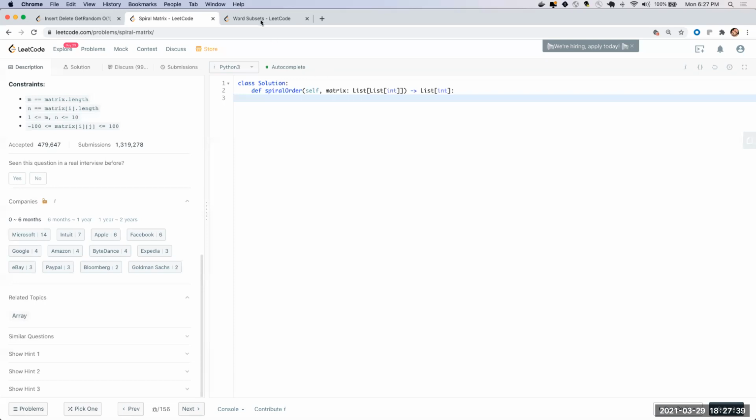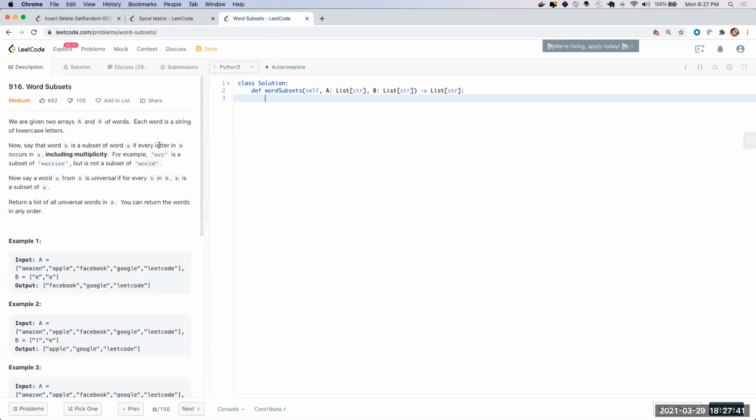Right. So now we'll go to the next question, which is word subsets. Maybe probably the last question. I also thought of taking Dijkstra's today, but since we have spent a lot of time on these two questions, maybe we'll go into word subsets because Devin said it's a very good question. So Devin, do you want to go ahead and explain the question because it has a lot of wordings? Yeah, this question is a little weird to get.